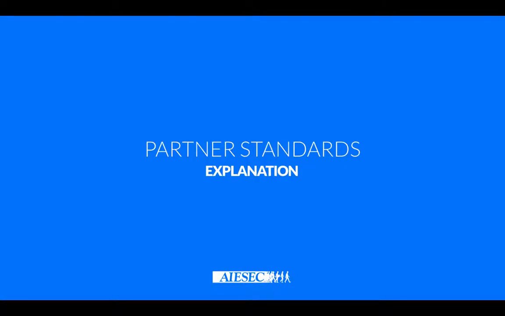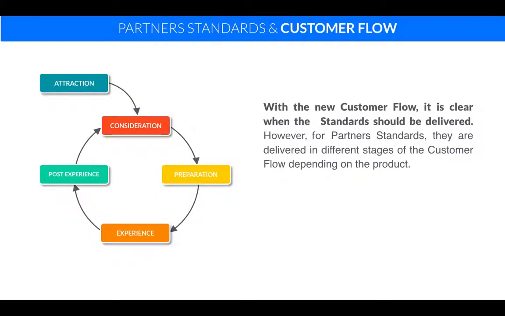Let's go into details. When we go into every single part of partner standard, these are the things you have to know: attraction, consideration, experience, up until the post-experience phase. These help you execute and guard the entire partner standard, and tell you which standard should happen in which phase. You must be very familiar with this in order to know which standard meets with which partner itself.